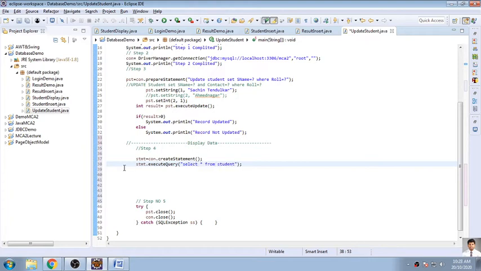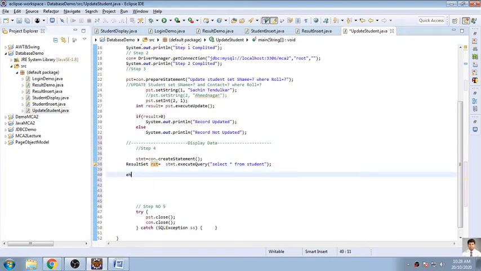Whenever you are firing this query, you have to store it into a ResultSet. So ResultSet rst is equal to statement dot executeQuery. That will be stored into the result set. Now using a while loop, you have to navigate your database.